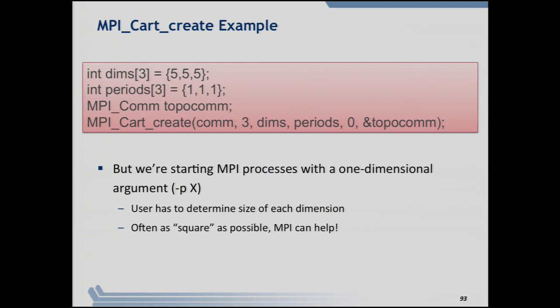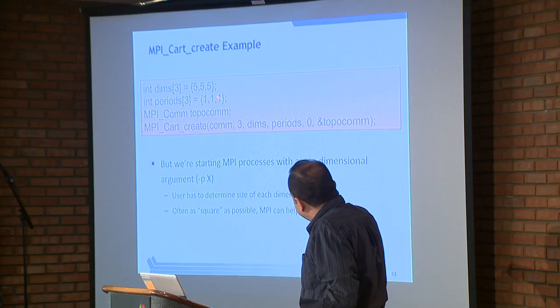You have set periodic in all 3 dimensions. That is just for the query function. So when the top row asks who is my neighbor above, the answer will be the one right at the bottom, and so forth. So you filled in these things, and you call MPI cart create with the input communicator,